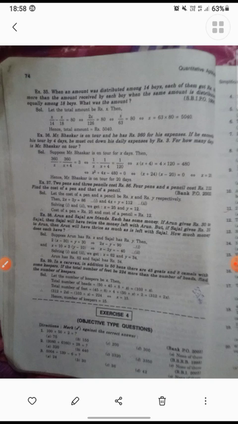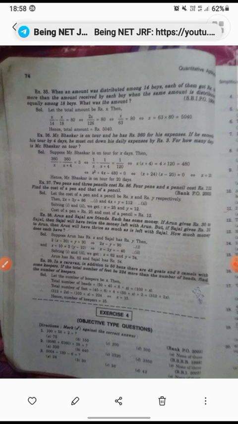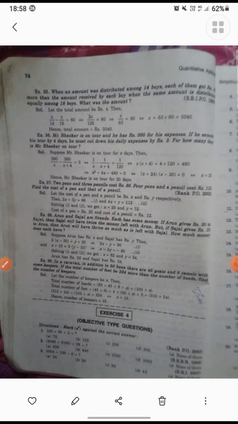In a caravan, in addition to 50 hens, there are 45 goats and 8 camels with some keepers. So that is 50 plus 45 plus 8, where 8 is the camels, with some keepers. Keepers are x. If the total number of feet is 224 more than the number of heads, find the number of keepers. So it is 103 plus x.